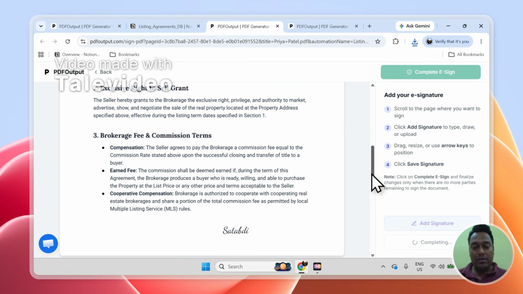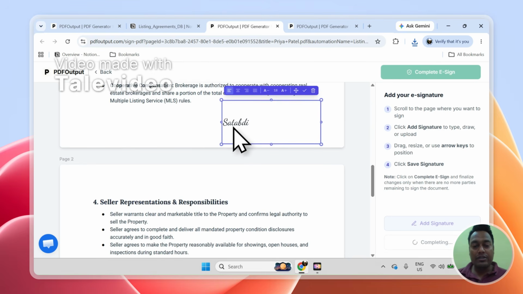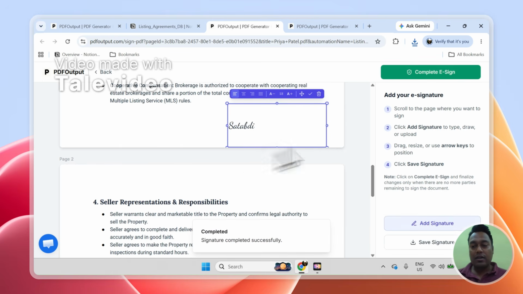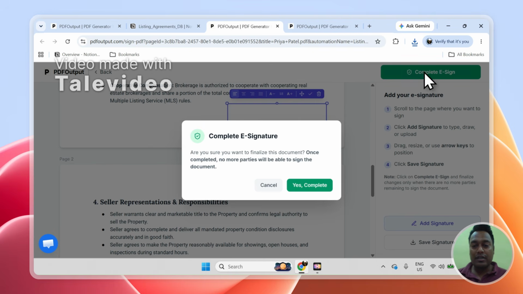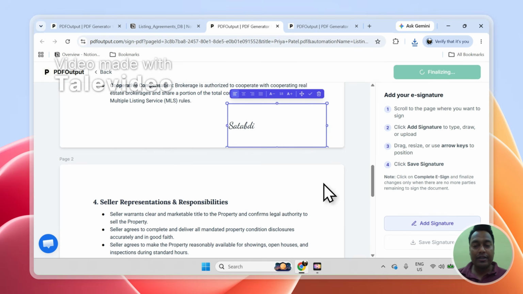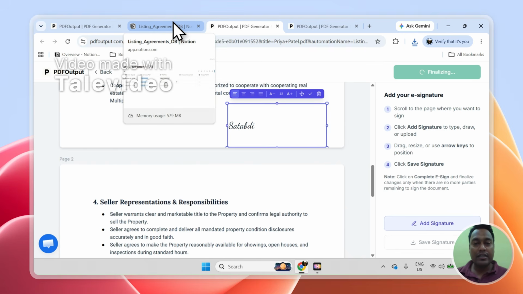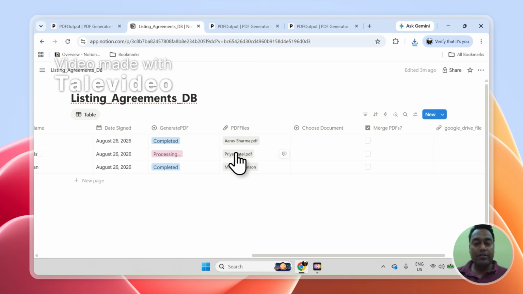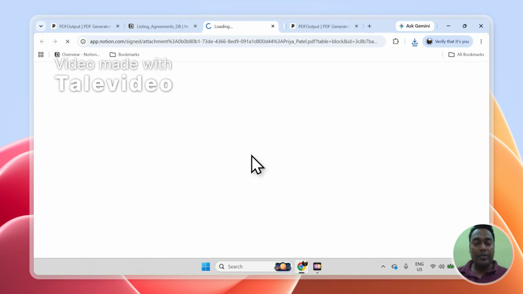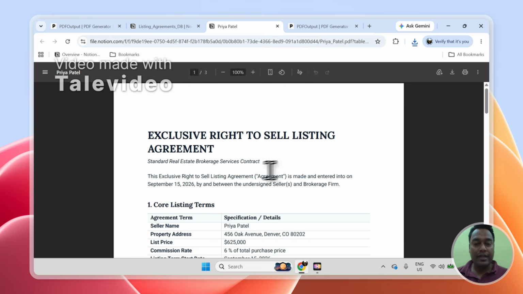Once the signature is saved, you can directly complete the e-signature process. Once you mark the e-signatures complete, it will create a final copy of the document with both the signatures intact. So if I click on yes complete, you will be able to see the signatures coming up directly inside the document, and then we should be able to see an audit trail of that. Let me quickly open up the document which has been created,